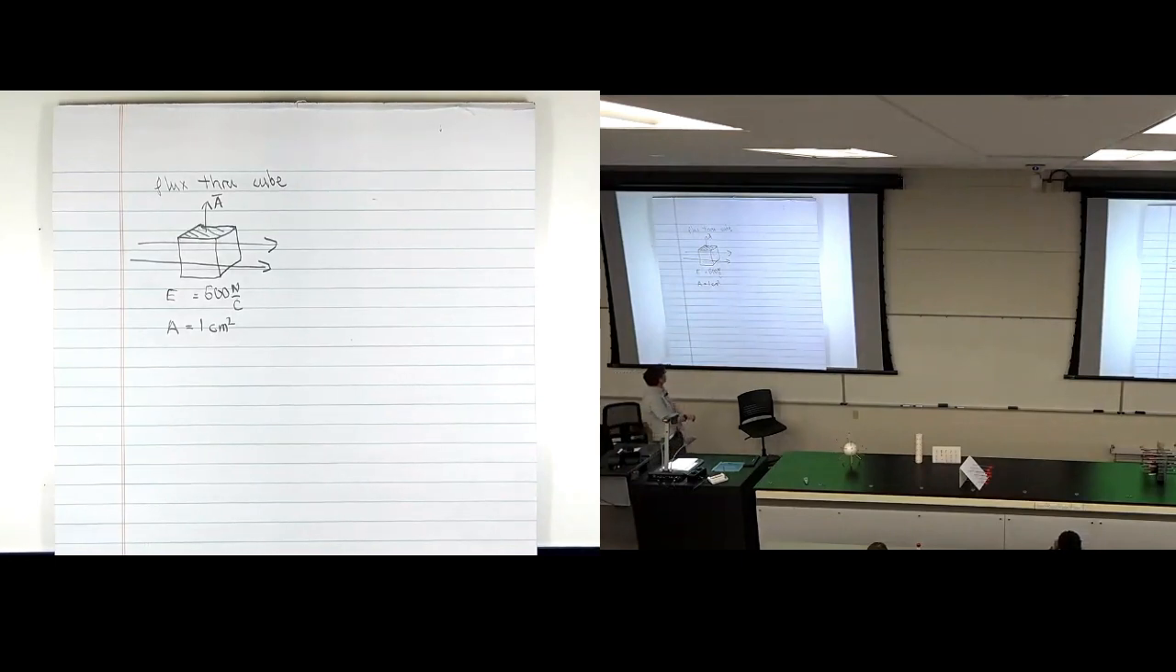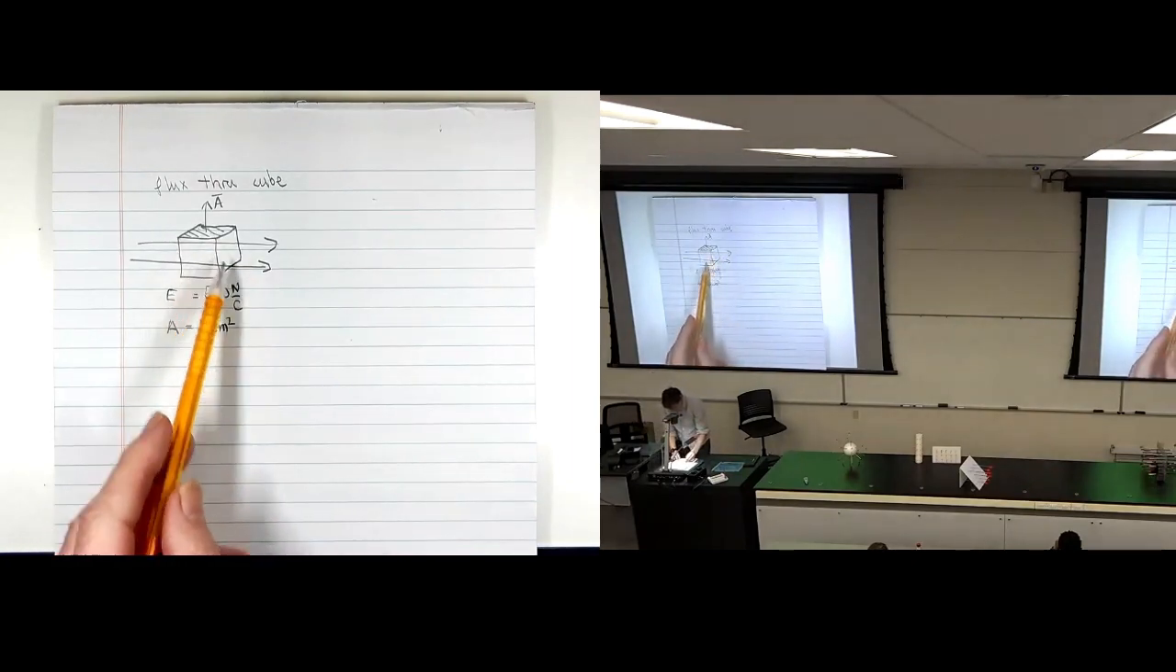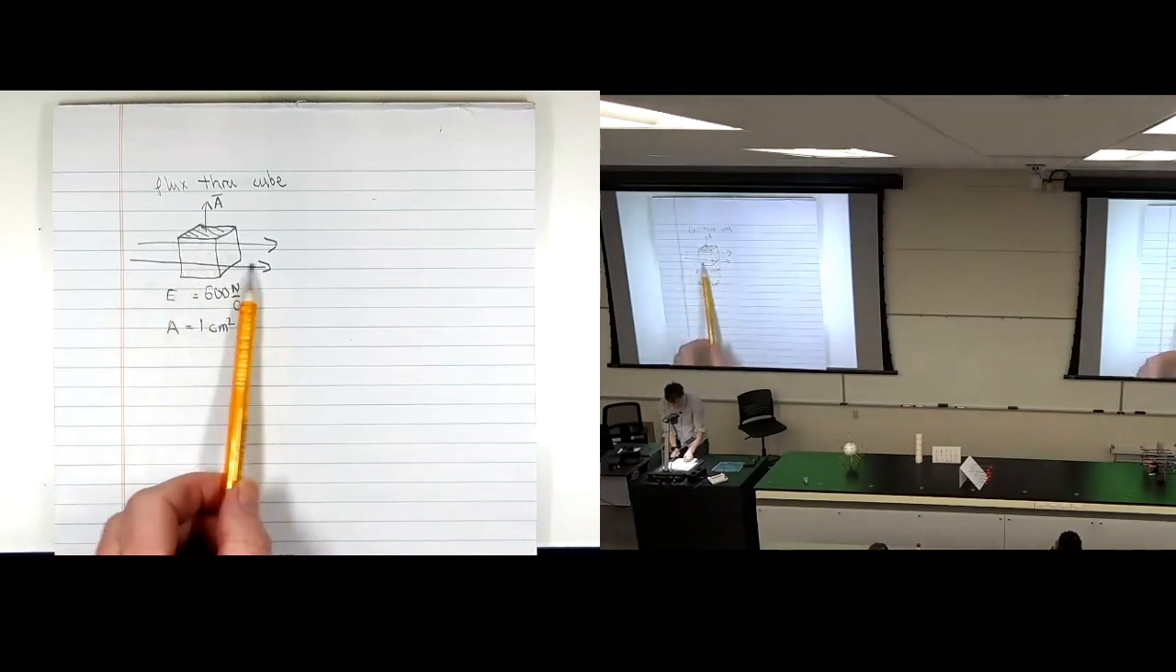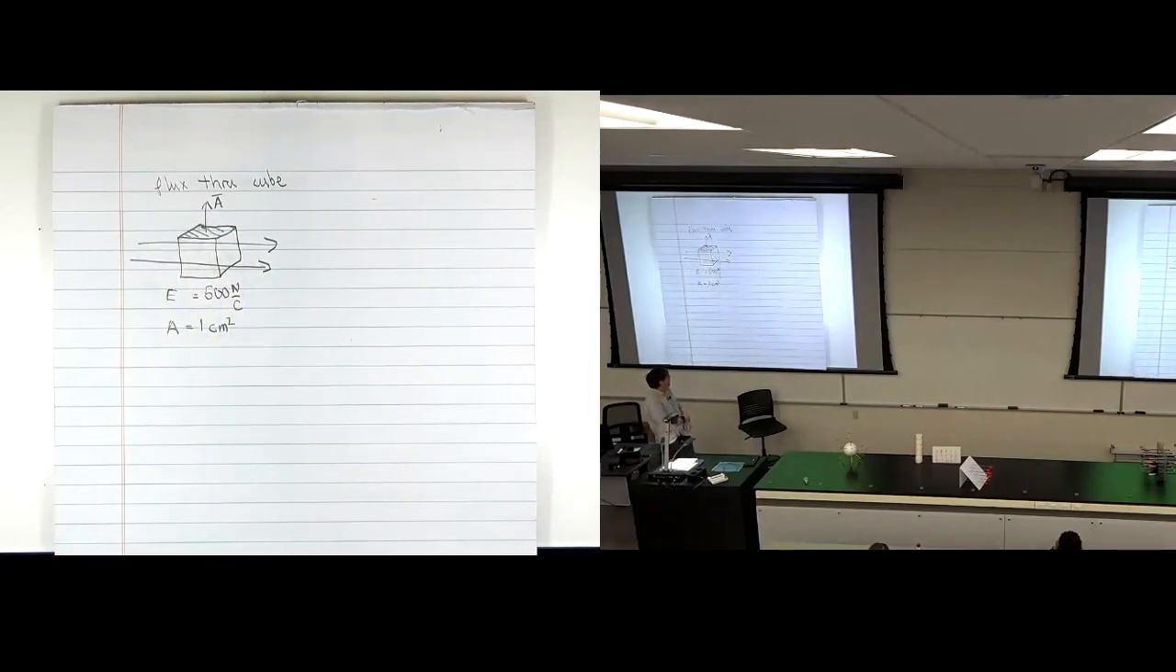So I started the problem here. Not a great drawing, but here's the cube. Here's the electrical field. I drew a couple of field lines. I wrote down a couple of numbers. Electrical field is 500 newtons per coulomb. We're going to think of the cube as made up of 6 faces. That's how we're going to calculate the flux. We're going to calculate it through each of the 6 faces. And the area of each face, because it's a 1 centimeter by 1 centimeter by 1 centimeter cube, is